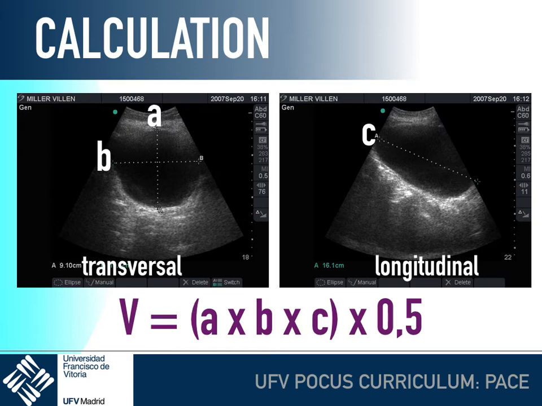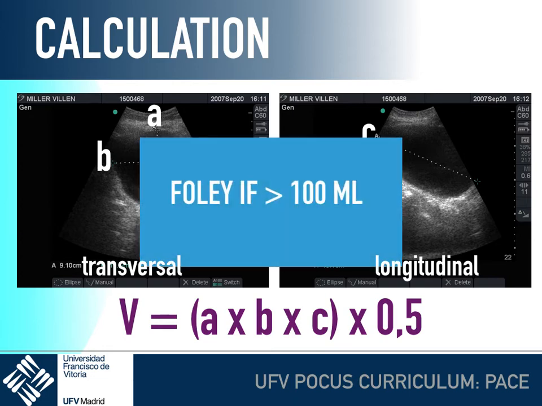In the left picture, on a pure transversal view, we are going to assess the height and width. In the longitudinal view, we need to obtain the third dimension, the biggest diagonal possible. So A times B times C times 0.5 would be the total volume of the bladder in milliliters. Remember, place a Foley if the patient has more than plus or minus 100 milliliters